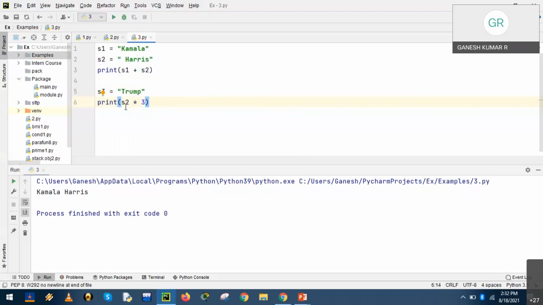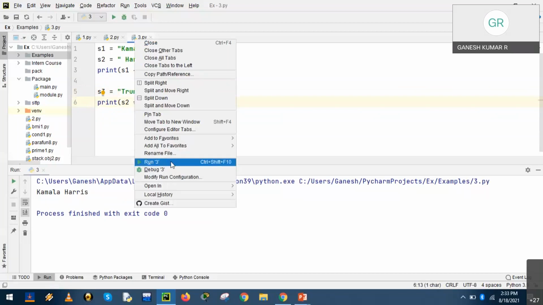So the string is repeatedly concatenated. The integer value represents the number of times. If I mention 1, it will be once. If the integer value is 2, it is repeatedly concatenated 2 times. So this operation accepts the entire string and repeatedly concatenates it that number of times.